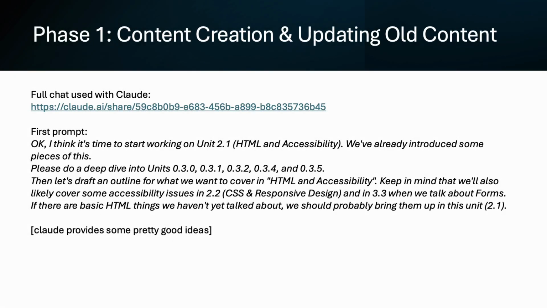Here's how I get started. I copy in some of my existing lecture notes, in this case from earlier HTML and accessibility units, and ask Claude to help generate a draft outline for a new version. I often include references to where related content shows up elsewhere in the course, so the AI can help keep things connected. I am often surprised how well the AI tools structure the flow, and I can instantly spot places to refine and personalize. You'll see the full Claude chat link on screen if you'd like to explore the full conversation later.